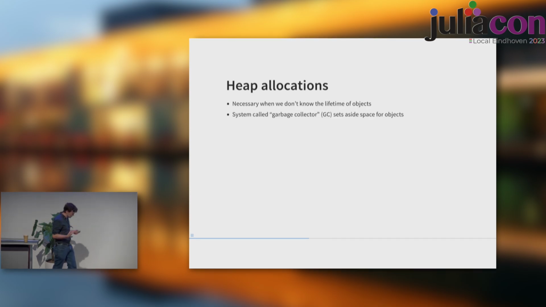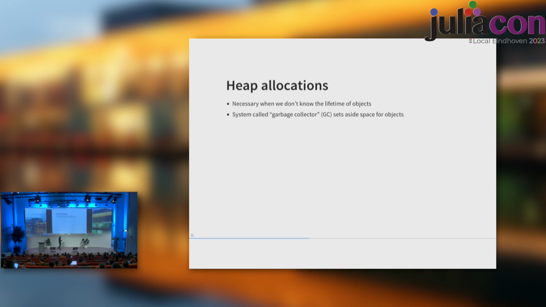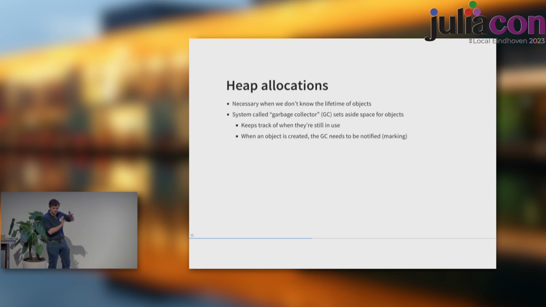And so we have in Julia a system called a garbage collector, and this sets aside space for these objects, and it keeps track of when they're in use. So when you create an object, you have to notify the garbage collector, I'm creating an object, give me some memory, and mark this region of